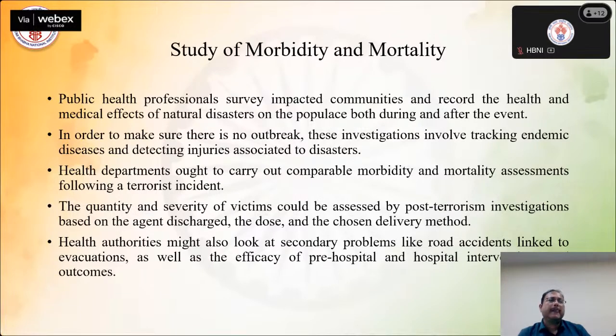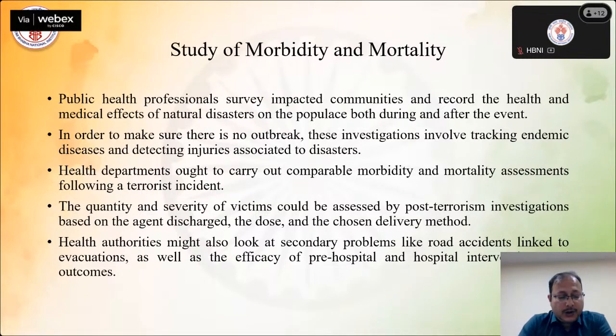So field exercise should particularly focus upon all these parameters, right from transferring the victims to the right place, providing treatment, providing safe, clean water, providing enough space, the right temperature, the right area. So everything is there, and it is a multi-stakeholder coordinated approach. So when we go for the field exercise, what equipment is required, what is the role of the incident commander, what is the role of health administrations, everything comes into the picture. So we have to focus upon all these parts, and then only we can say that the field exercise could be complete.